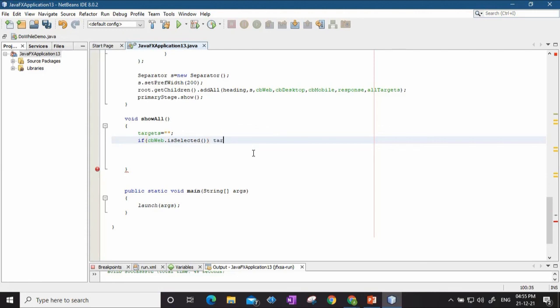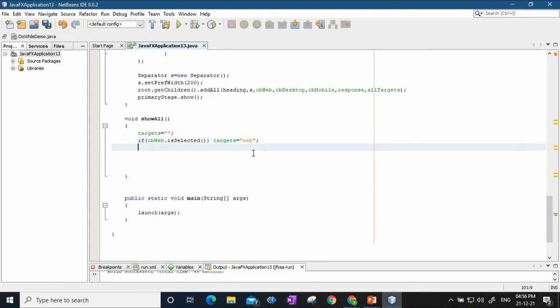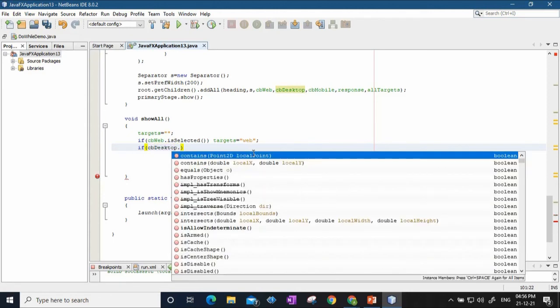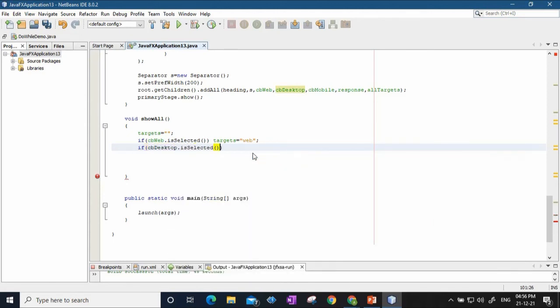target string will contain string called web. Okay. Next, if instead of CB web, it is CB desktop dot is selected, okay, then targets will be what? Will be the previous string plus this string. Okay, so previous string plus this string will be desktop. Right?